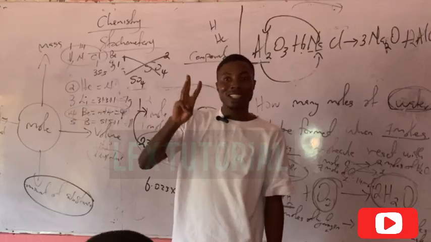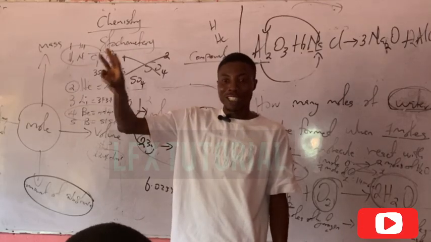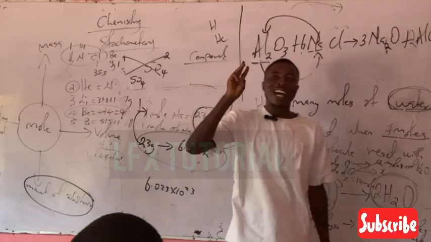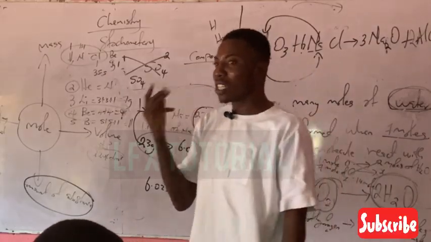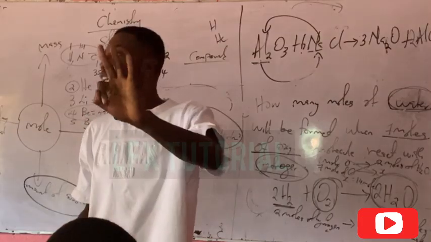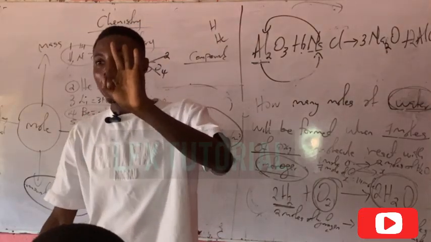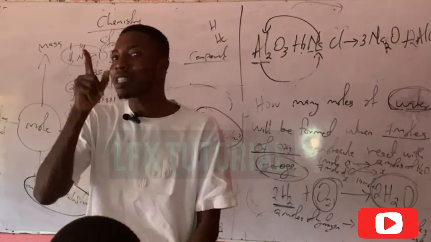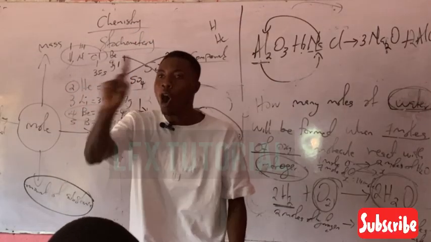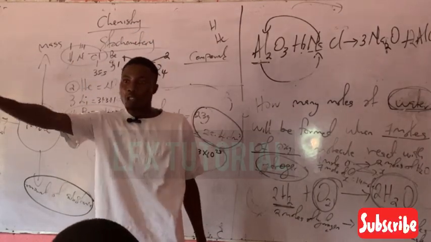Only him is answering 3 names. So in the 3 names, Michael, Godwin, Chemere, he can answer to all 3 names. In the same way, I'm still telling you that 1 mole of sodium, if I call it 1